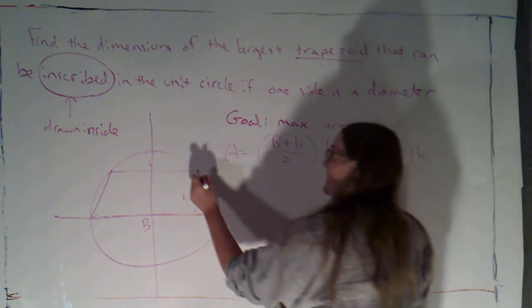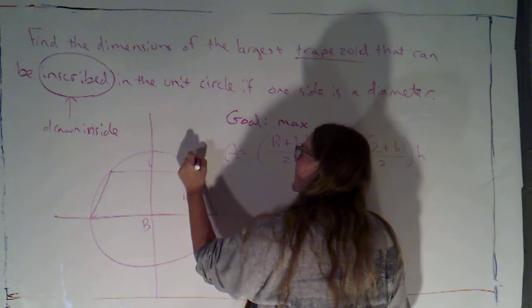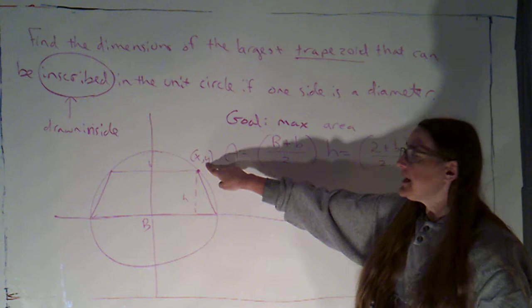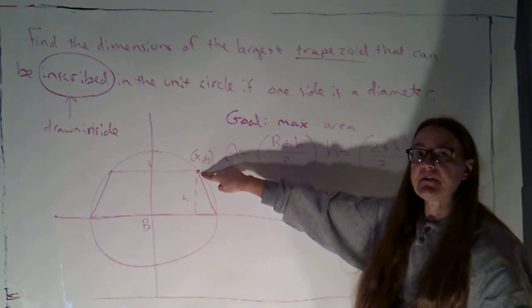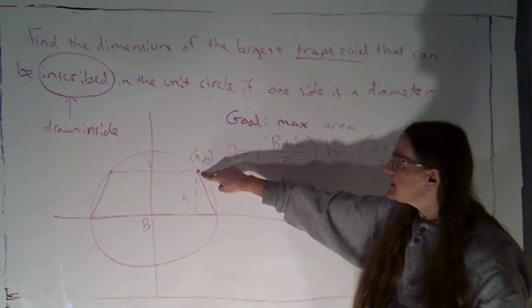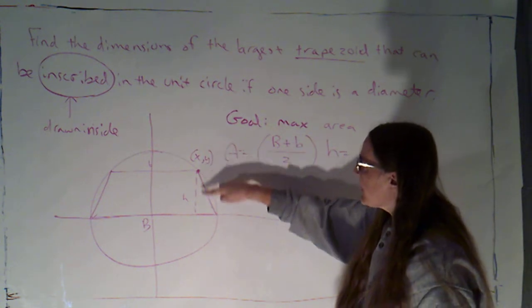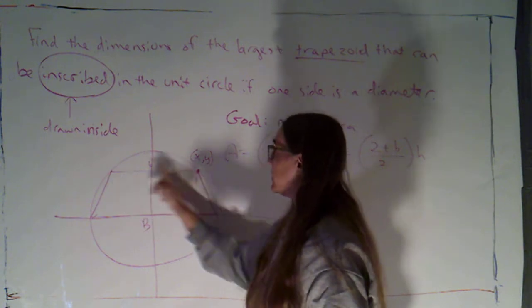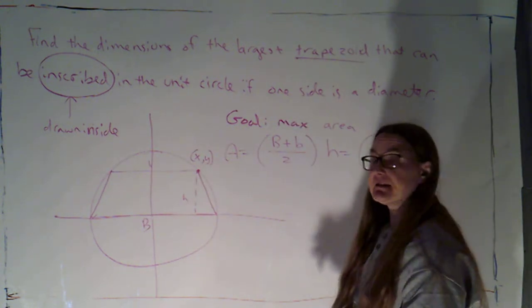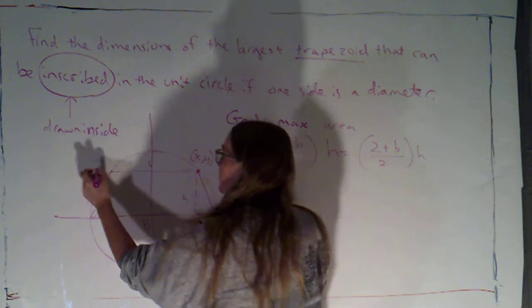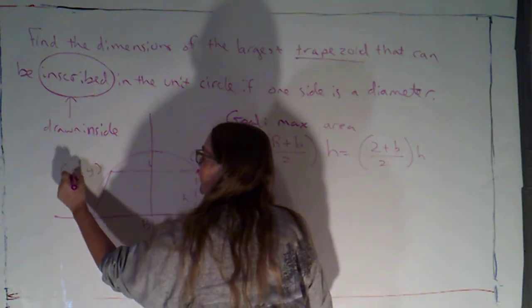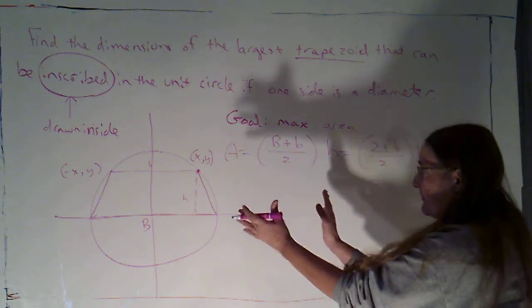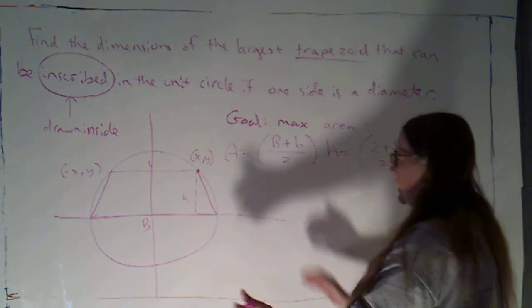Now what that does is that means that I can now describe the base and the height in terms of just the coordinates of this point. The coordinates of this point, the y value is going to give me the height, and it looks like double the x value will give me the base, because this has to be at the same height, and so by symmetry it would be the point -x. Now, totally fine for me to orient things this way. I mean, in theory,